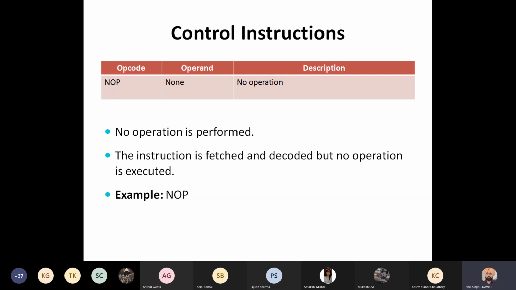This NOP instruction does not perform any operation. This is used by the microprocessor to generate some minor delay. Say one NOP requires 1 microsecond. So execution of one NOP will generate a delay of 1 microsecond. So this NOP instruction is used to waste some time of the microprocessor.